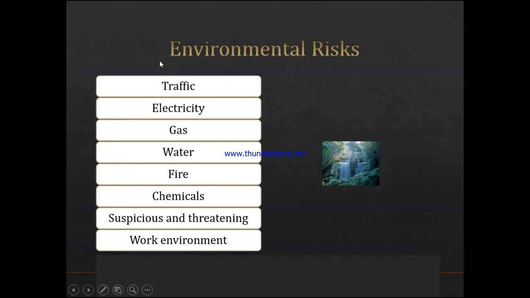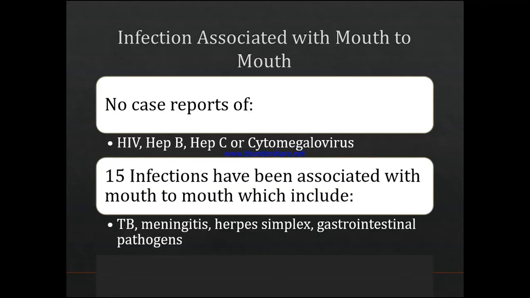There are all kinds of factors that play in: traffic, electricity, gas, water, fire, chemicals, people pretending to be down so you go to aid and then become a victim of crime. Work environment, there are lots and lots of environmental factors that one must be